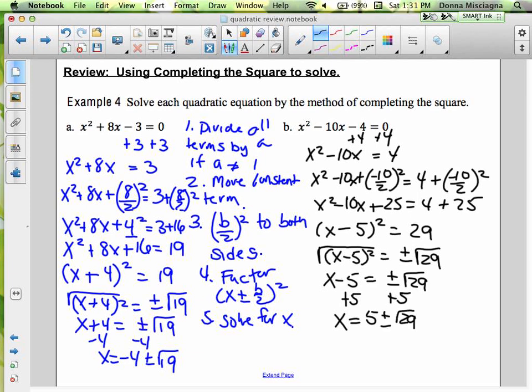These were 2 really easy completing the squares. It's a good thing I did a whole 2 lessons on completing the square with problems that were more complicated than these ones, because these ones are really easy. However, these are just the ones I would like to do completing the square with, because it's really easy, right? All right, our last method,